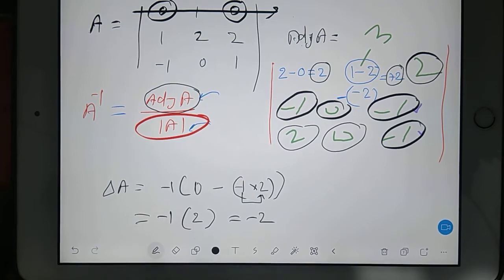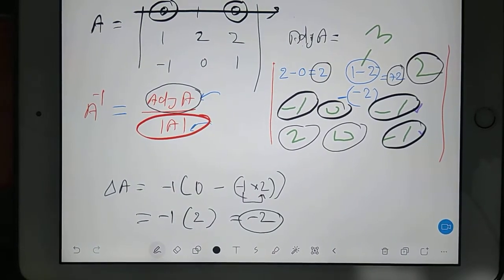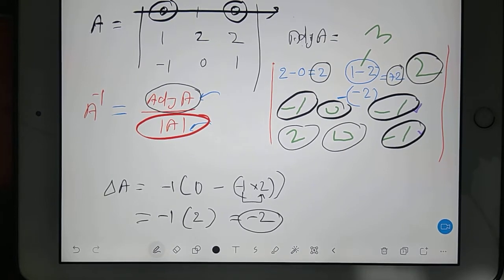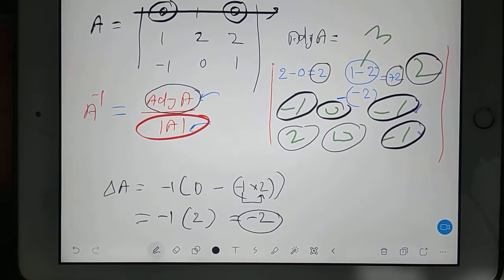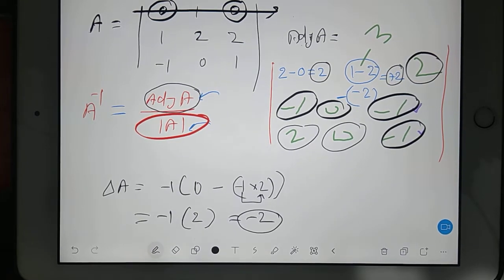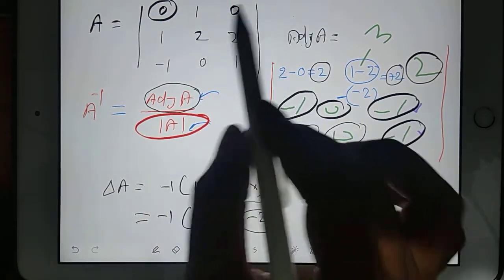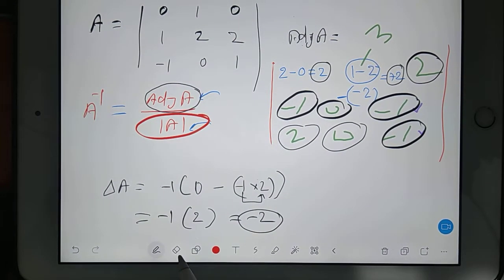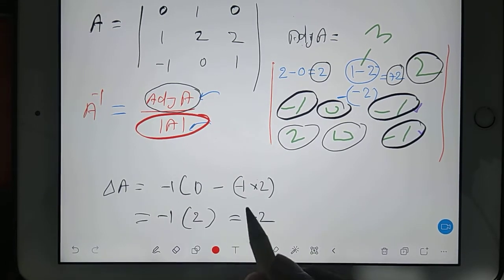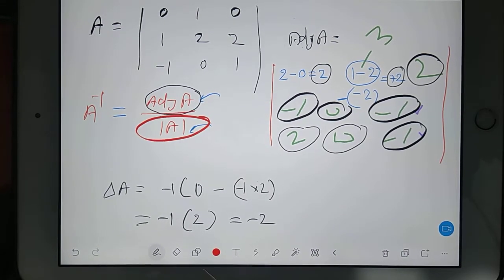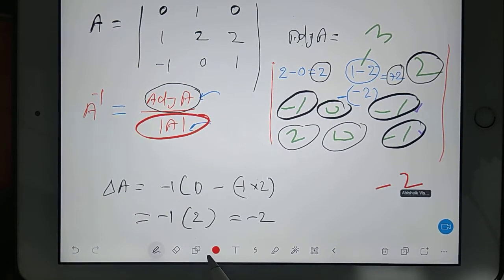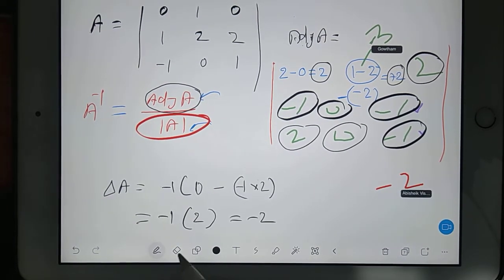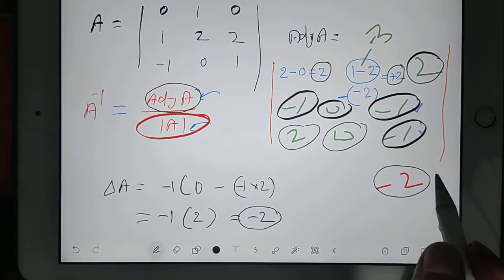So guys, determinant is coming minus 2 or plus 2? Your determinant is coming minus 2 or plus 2? Anyone? My determinant is coming as minus 2. You guys tell me. Correct? Minus 2. Okay, then fine. So I am also getting minus 2. You are also getting minus 2. It means answer is correct.